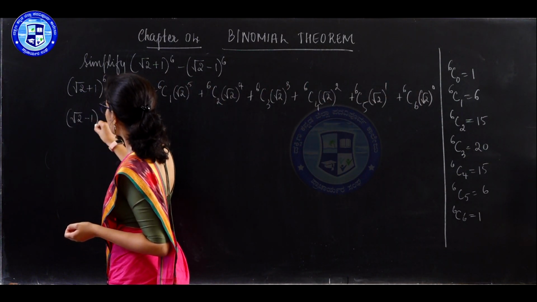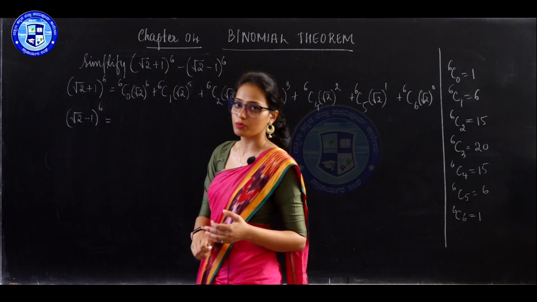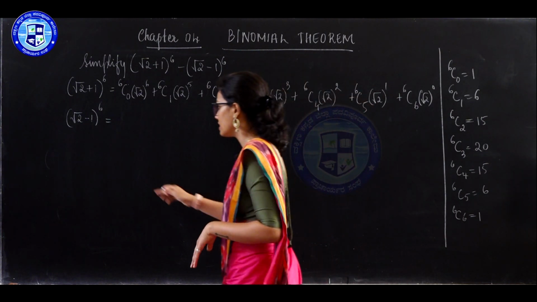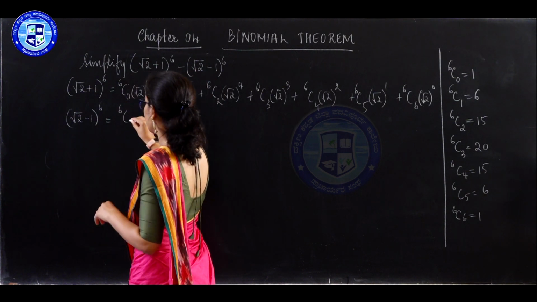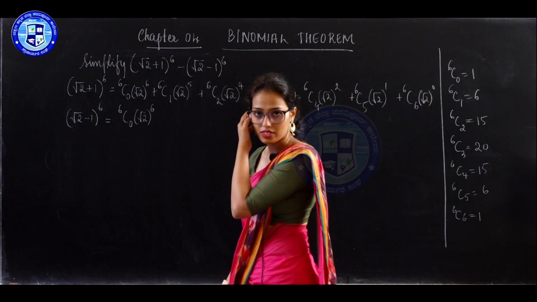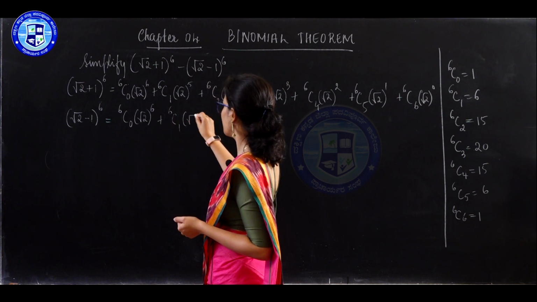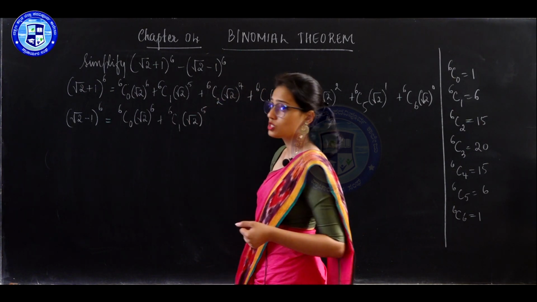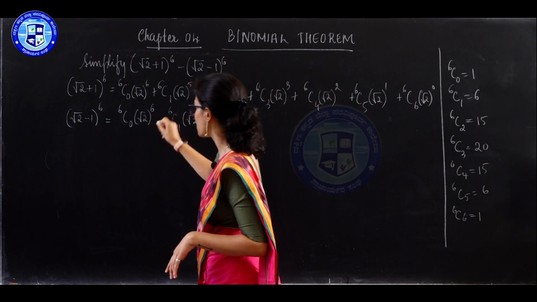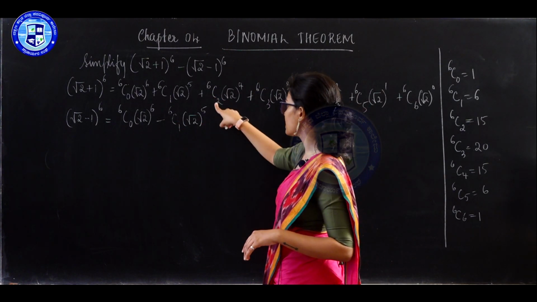We have (root 2 minus 1) to the power 6. Now, what happens? You must have already observed that when there is a minus sign, the signs will alternate, correct? So, the first term will be 6C0 root 2 to the power 6 into (minus 1) to the power 0, that is equal to 1. Here we have 6C1, root 2 to the power 5, (minus 1) to the power 1. So, minus 1 will remain, minus into plus will give us minus. Next term we have 6C2